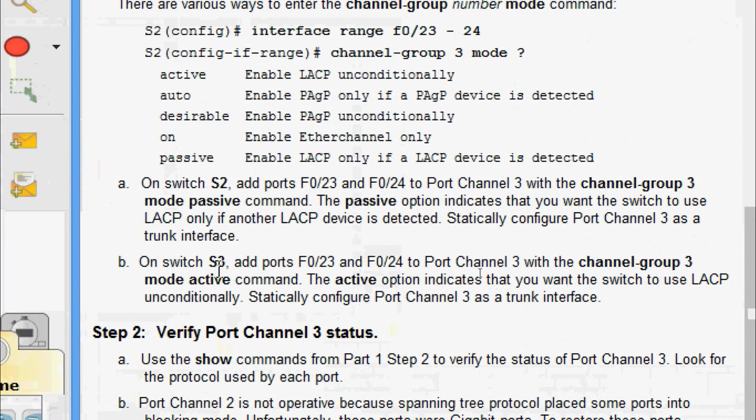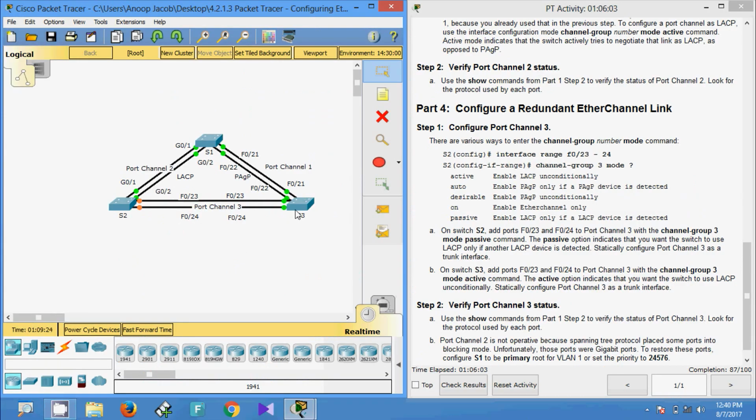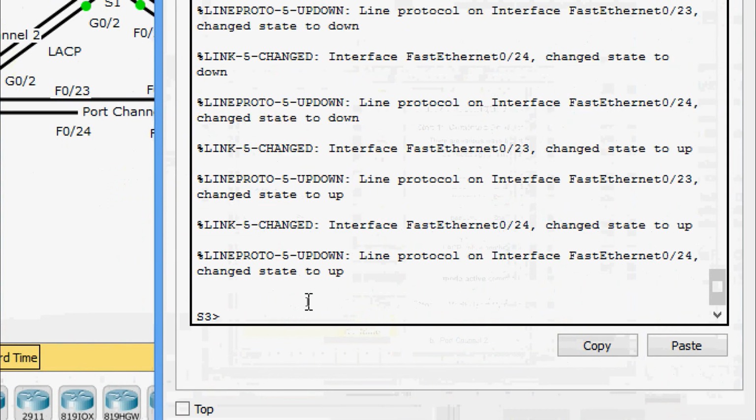Now on switch S3 add ports FastEthernet 0/23 and 24 to port channel 3 with the channel-group 3 mode active command. The active option indicates that you want the switch to use LACP unconditionally. Statically configure port channel 3 as a trunk interface. Yes, we will do it on S3. Coming to S3,